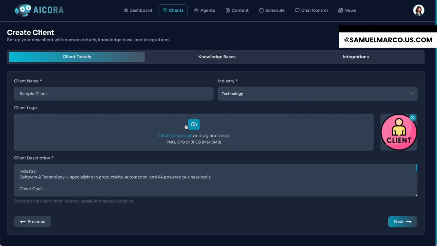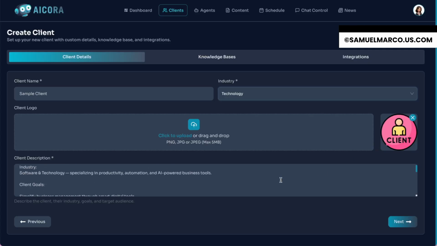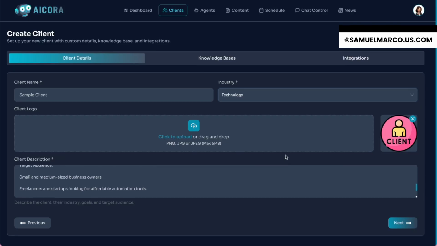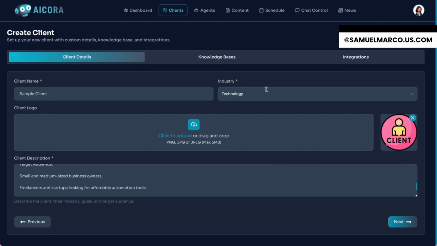Also, for the client logo, as you can see here, I have uploaded a client logo. Just note that the logo that you should be uploading is in PNG, JPEG, or JPG format, and it should not exceed 5 megabytes. As for the client description, I have here included my client's industry, the goals, and its target audience. And now, once you're done providing your client details, you can click on Next to